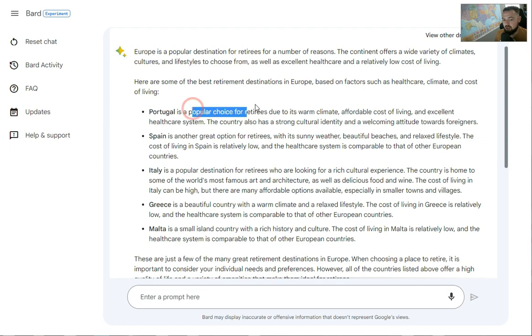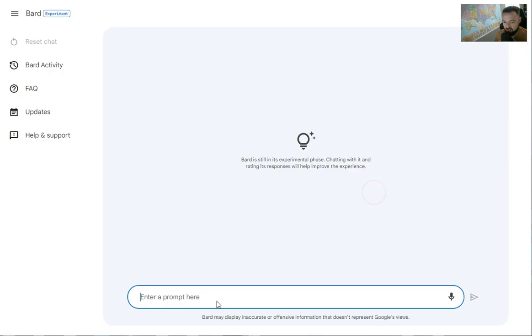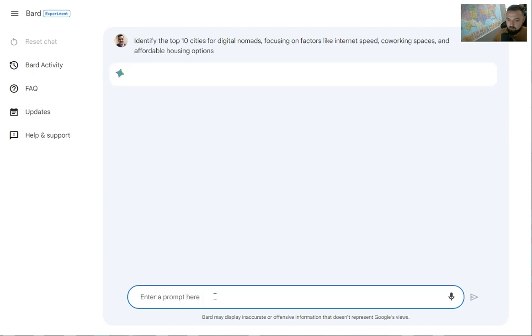It's saying that Portugal is a popular choice because of its warm climate, affordable cost of living, and excellent healthcare system. Interesting. All right, cool. Let's do this. I think there's not a lot more to extrapolate out of that. I'm going to ask it to provide the top 10 cities for digital nomads, focusing on factors like internet speed, co-working spaces, and affordable housing options. So that's interesting. We're going to be actually talking about bandwidth. I think that's worth